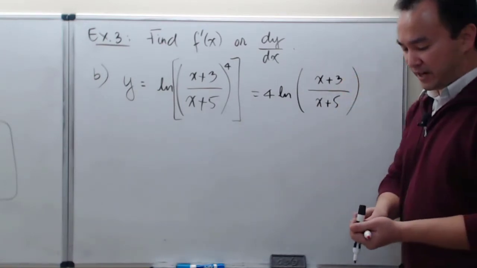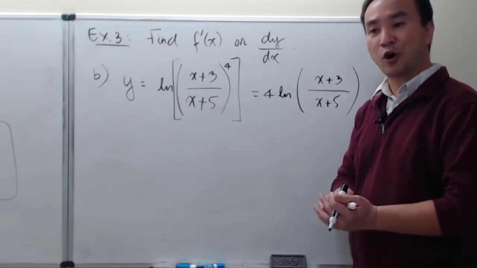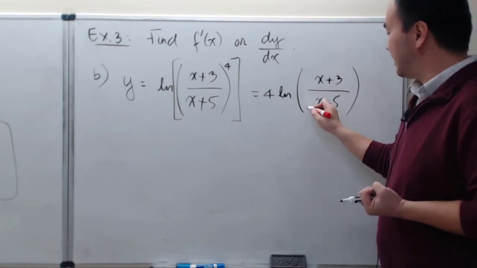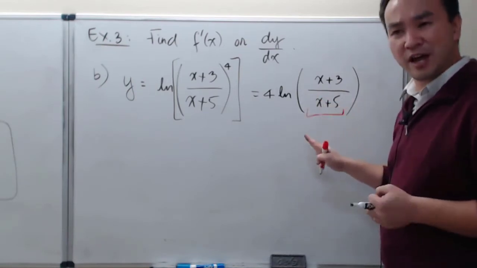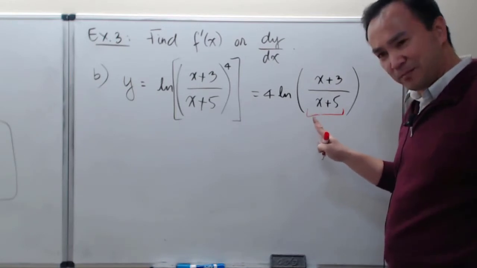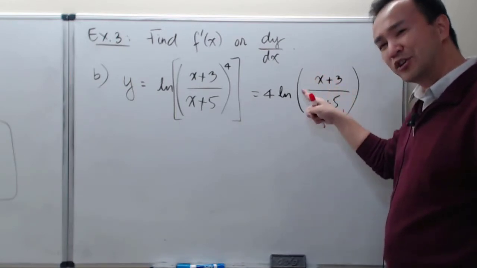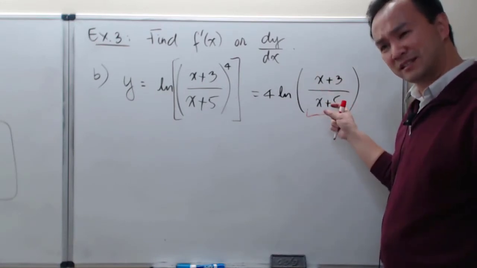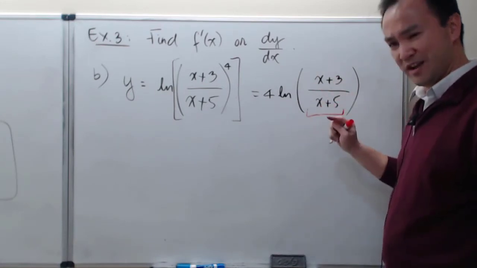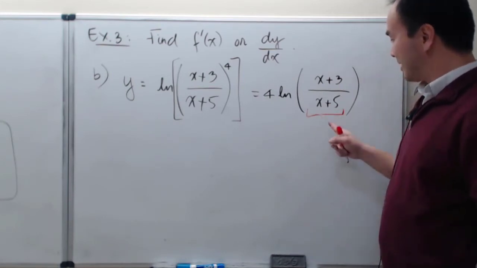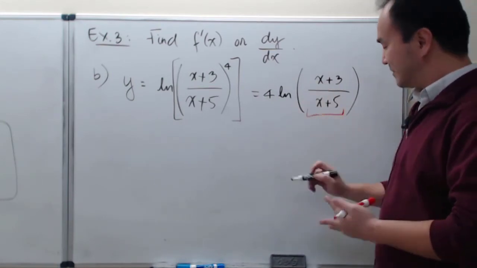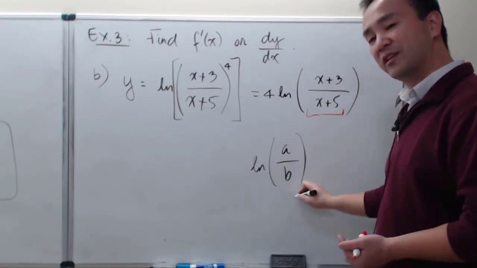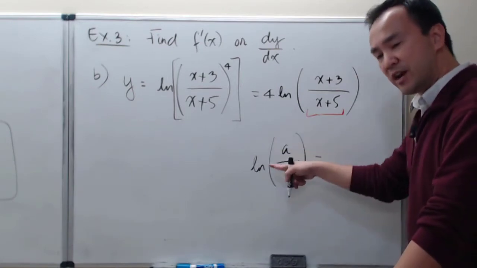And now anyone who loves using the chain rule so much is going to start feeling ready to find the derivative by letting this be the inside. But I would say, hold on. I know you're excited to apply the chain rule, but you can still do some more treatments to this. Your inside right now is still a little bit complicated, and I wouldn't go that way either, even though you could. So, another property of logarithm, recall for yourself: the logarithm of a quotient can be rewritten algebraically as